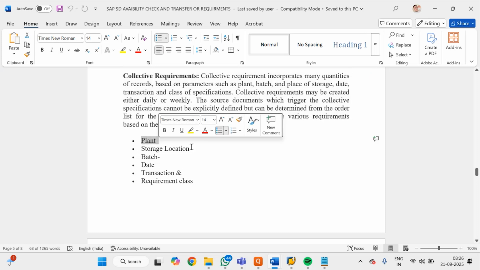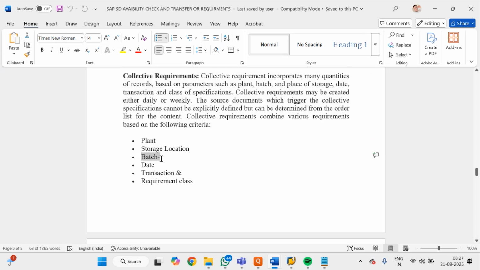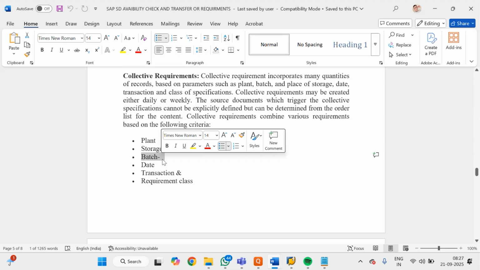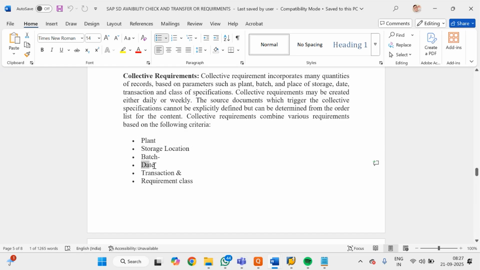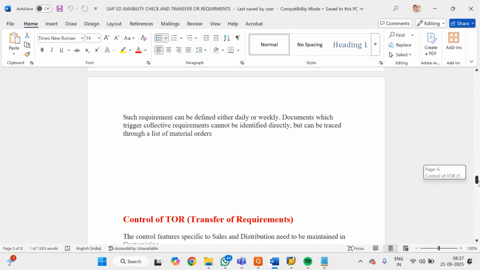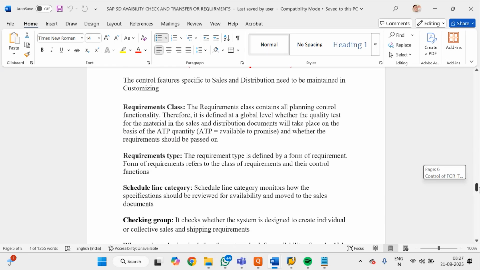प्लांट, फॉर विच प्लांट, स्टोर लोकेशन, बैच मतलब बैच वाइज, है ना, जैसे कि होता है ना कि प्रोडक्शन कैपेसिटी एक दिन में 100 क्वांटिटी का है, तो वन बैच में 100 क्वांटिटी, सेकेंड बैच में अनदर 100 क्वांटिटी, दैट्स टू बैच। डेट ऑफ कंफर्मेशन ऑफ प्रोसेस ऑफ प्रोडक्शन एंड रिक्वायरमेंट क्लास। तो यहाँ पे वी हैव टू गो टू द दिस फोर ऑप्शन